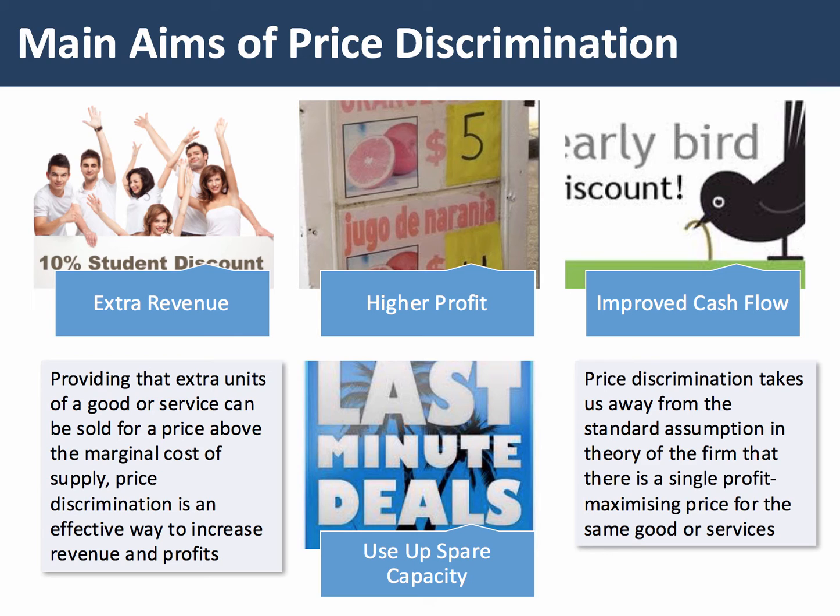For many firms, price discrimination is an important way of generating cash. Cash flow is the lifeblood of a business. And for example, in a recession, discounting the price to different groups could be a way of generating cash to keep the business going. And price discrimination is also a useful way of mopping up or utilising the spare capacity